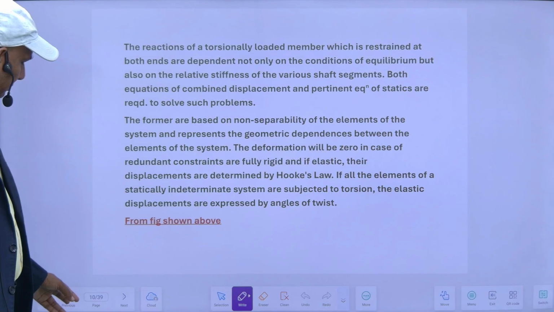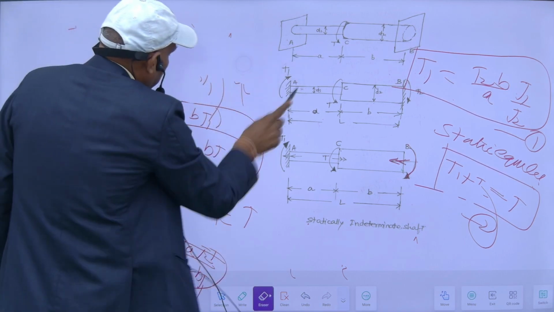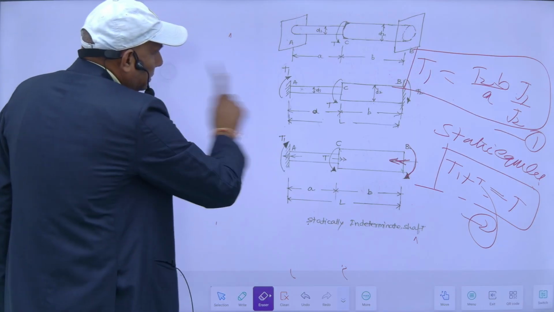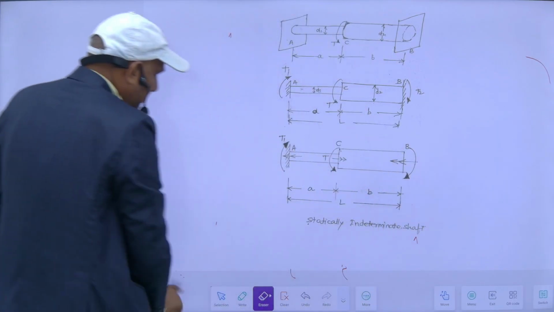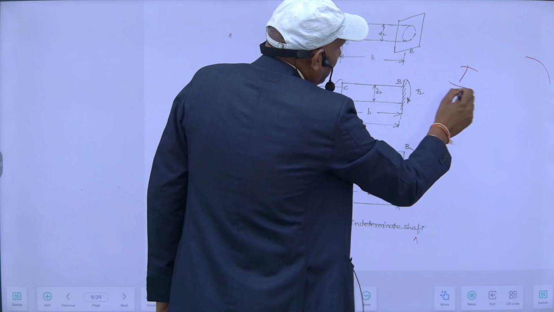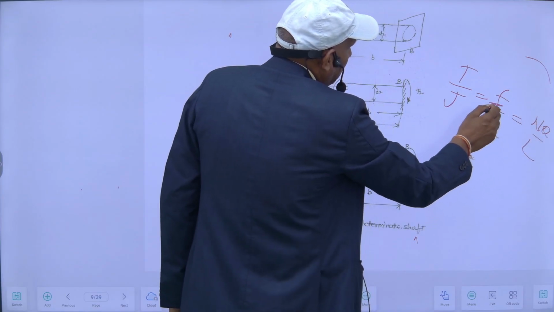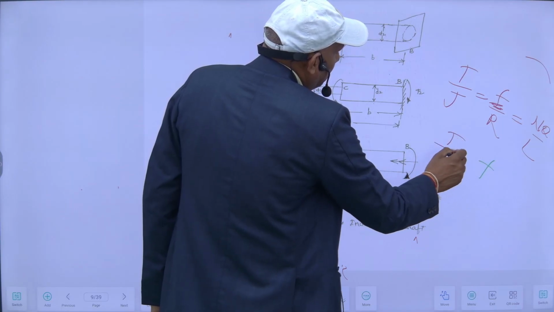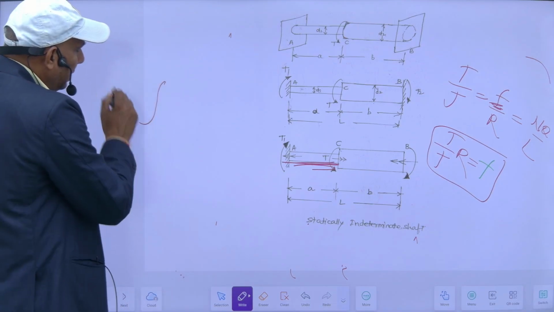Suppose I have a torque. As the formula is T upon J is equal to F upon R is equal to n theta upon L. If I want to know the maximum stress for each portion, then F will be equal to T upon J into R. So if I want to know the shear stress of this AB portion, it will be